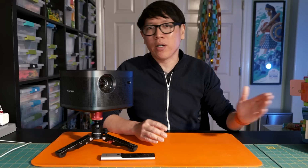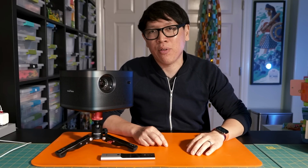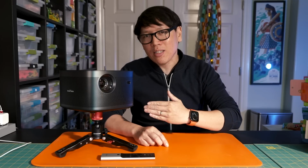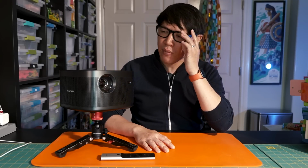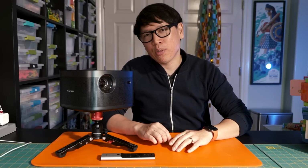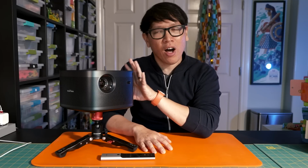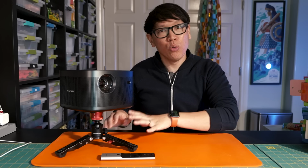Fundamentally, in practice, that means that if you want a 100-inch image, if you have a 100-inch projector screen, as I have here at home, you have to set this a little bit further back than 100 inches from that screen. Here, basically somewhere between 105 and 110 inches away, or 8.5 feet back, depending on the angle that you're aiming this projector at the screen. And so that does lock in basically the optimal sweet spot for where you would want this